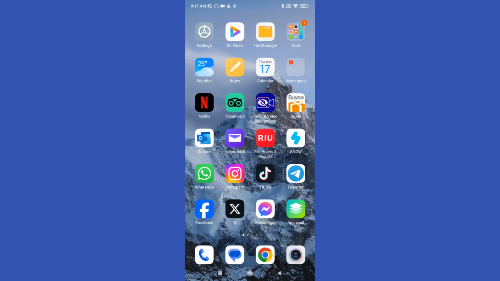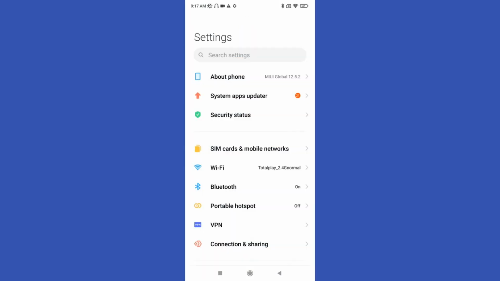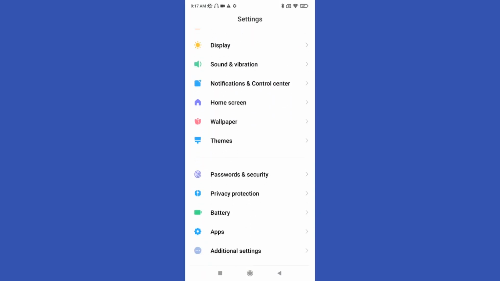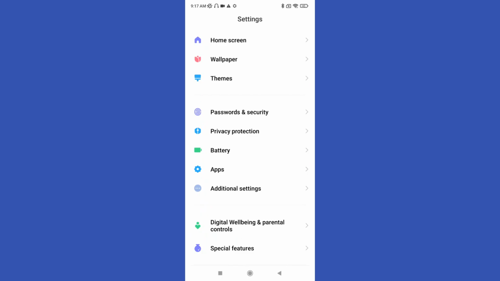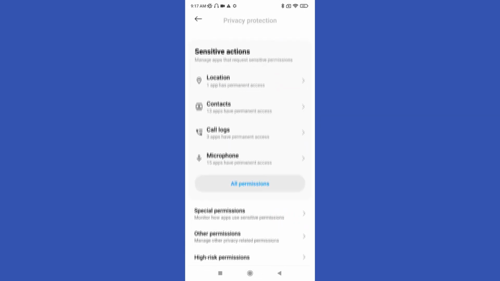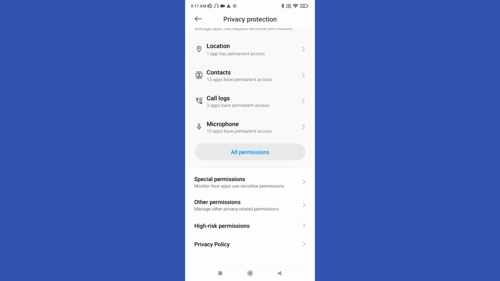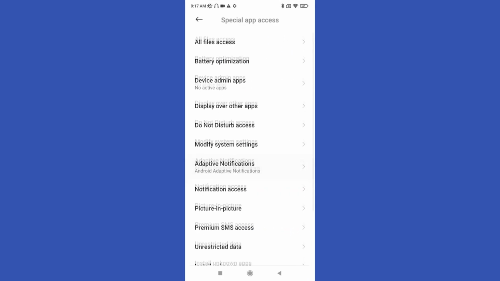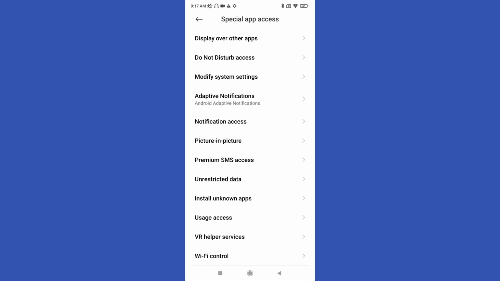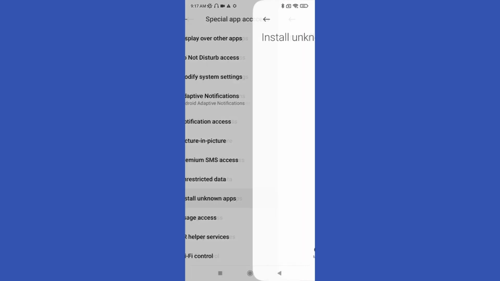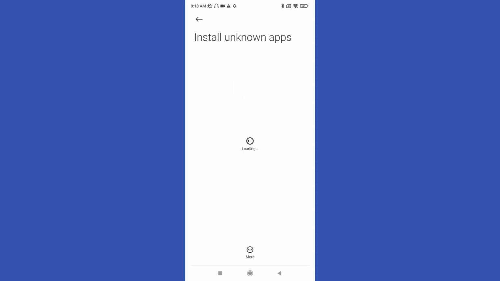For that, let's go to settings and then let's scroll down and go to the privacy protection. Let's click there and then scroll down and go to special permissions. Just click there, then scroll down again, and go to the option that says install unknown apps. Just click there, just wait,